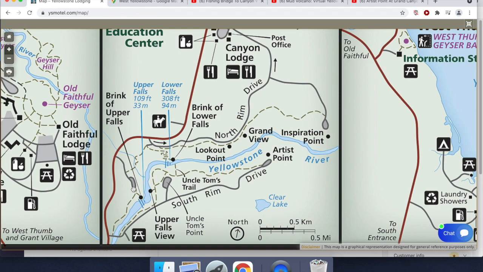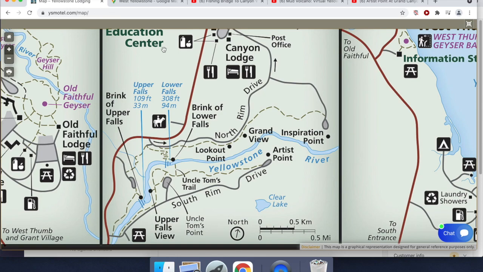So if you're up to it, I do suggest that you consider going and viewing the upper falls. The view, once again, is spectacular. And I know I use that word a lot, but you're standing right on top of the falls. You're actually above the falls looking down on them, and you almost feel like you can reach out and touch the water. We'll then retrace our steps, get back to the Grand Loop Road, and we'll then turn right on